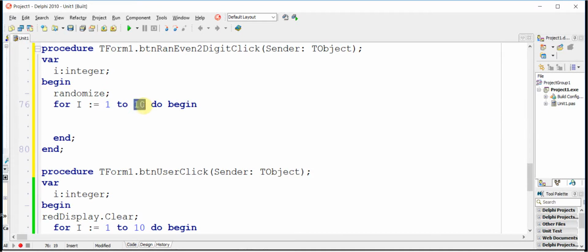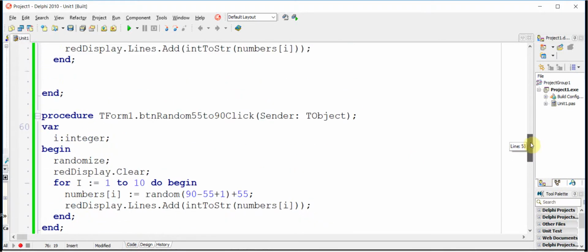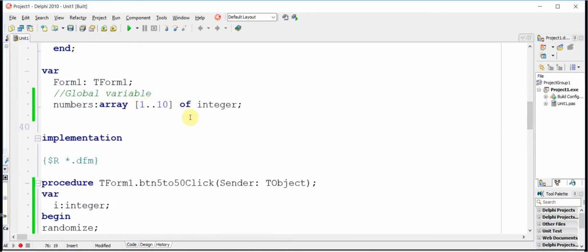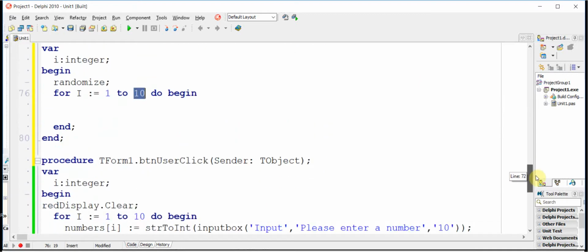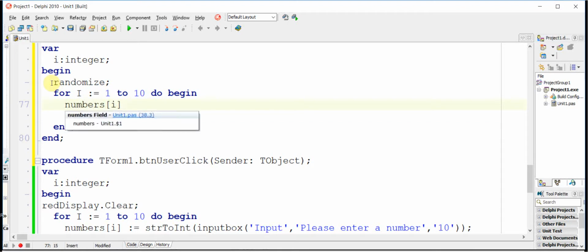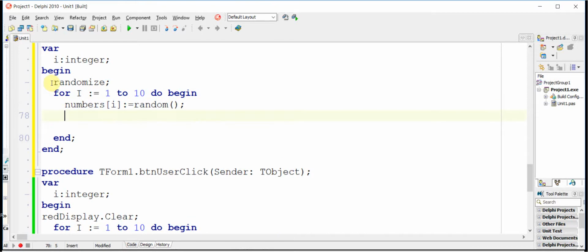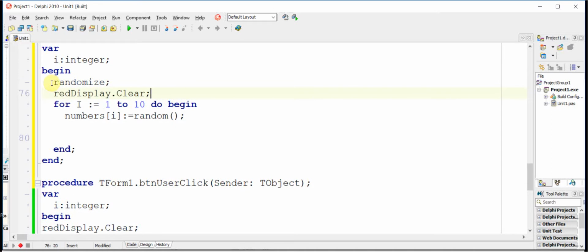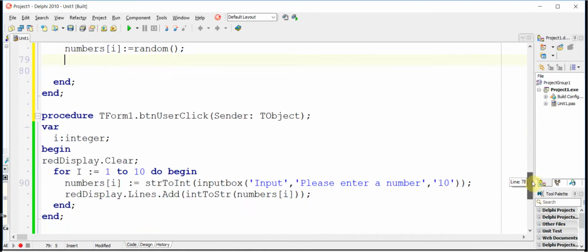So just to clarify, this for loop goes from 1 to 10 because our array is from positions 1 to 10. So that would do that for us. Then into our array, numbers at position I, because we need it to change, we want to put a random number. So we'll think about that just now. And then before we started this, we needed to just clear our reach edit, and then we wanted to display it again. So we can just